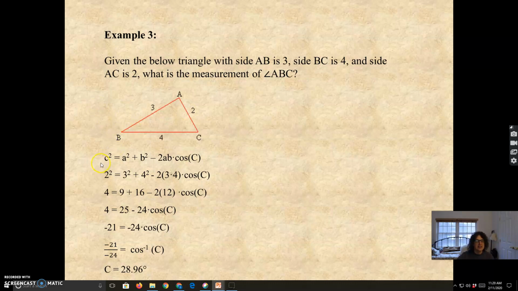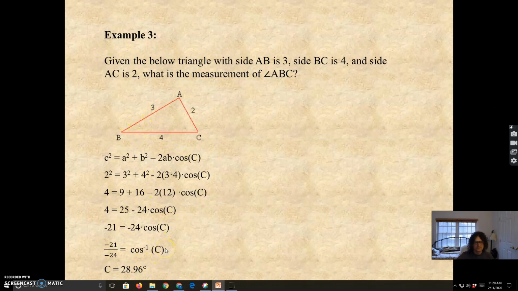We do our work, c squared, which is the side, lowercase c. It doesn't matter what lowercase a and b are, as long as you're consistent. We said lowercase a was 3, lowercase b was 4, and we were consistent. We do our math. We're trying to figure out the angle, that's capital C. We need to do the inverse to get what that is, and we get capital C is equal to 28.96 degrees. So this angle right here, angle ABC, is